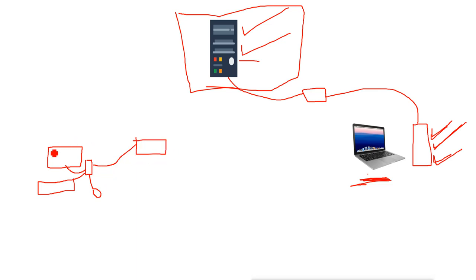So these clients do not have what? No RAM, no processor, no hard disk, no motherboard, nothing. They don't have anything on the client side, and they are connected to the server through the network. Now whenever the user wants to use this client machine, when it starts, it will log into the server through remote desktop services. So when you start this machine here, it is called a thin client.